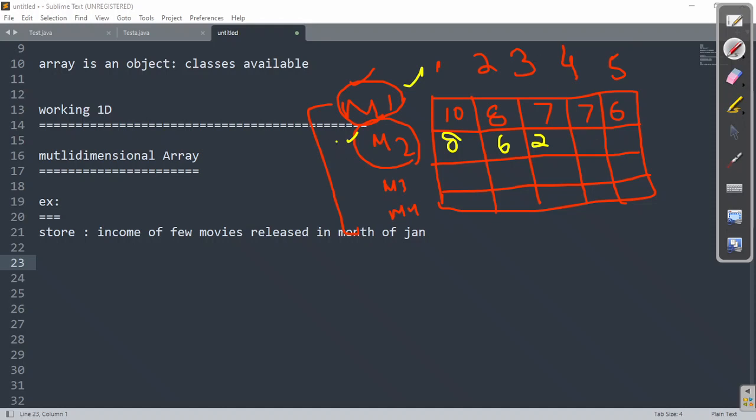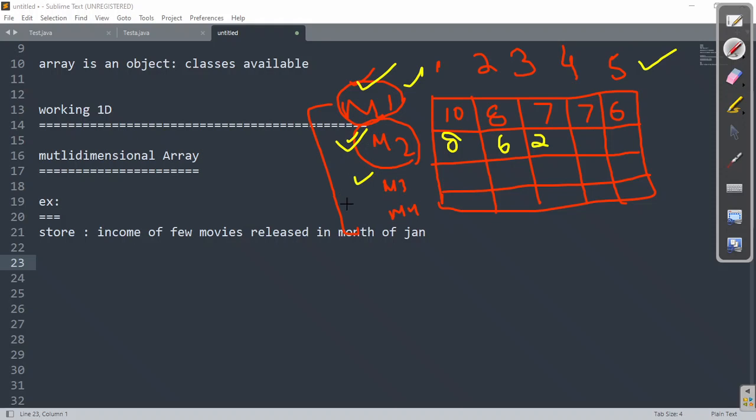After 3 months this movie is gone out of the market, as viewers are not interested in watching that movie after 3 months. Clear? I repeat, movie 1 is there for 5 months, movie 2 is there for only 3 months.